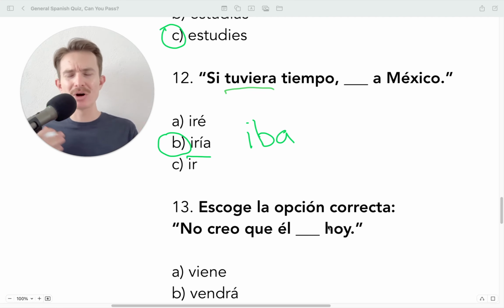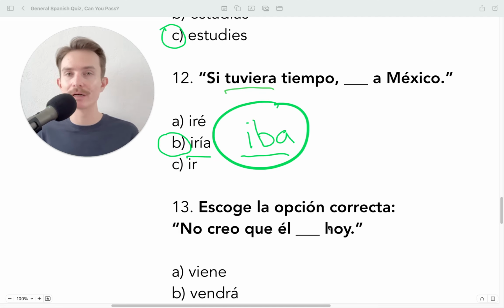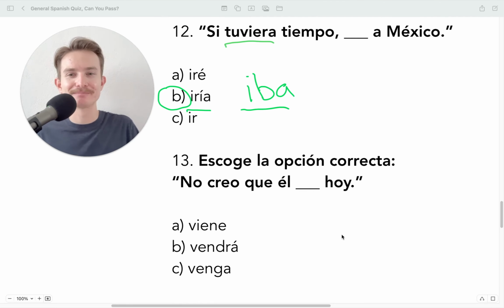For example, oh, I would go there all the time as a kid, or I'd go there all the time as a kid. However, I do not recommend that you use this translation for the imperfect because many students end up confusing it with this conditional tense. So just focus on this as used to go or was going instead of would. When you see something like the conditional tense, think of that as would. Okay, we have 3 more here.